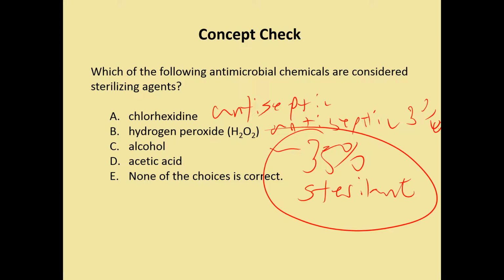Alright, so alcohol is mainly a disinfectant, usually in the form of a sanitizer. Acetic acid, you can use in this case like vinegar. Vinegar is going to inhibit the growth of most microbial organisms, so you use it typically in like canning. So you're not going to necessarily eliminate everything,